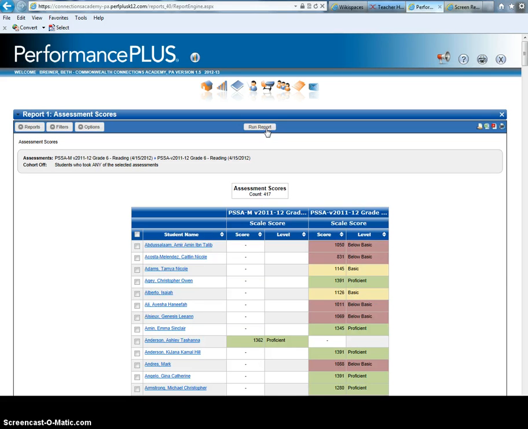And here's our data. Now notice I got data from two different tests, the regular PSSA, over here is the regular PSSA, and the modified PSSA. I can do some sorting of this information within Performance Plus simply by using the up and down arrows at the top of a column. If I want to sort things,